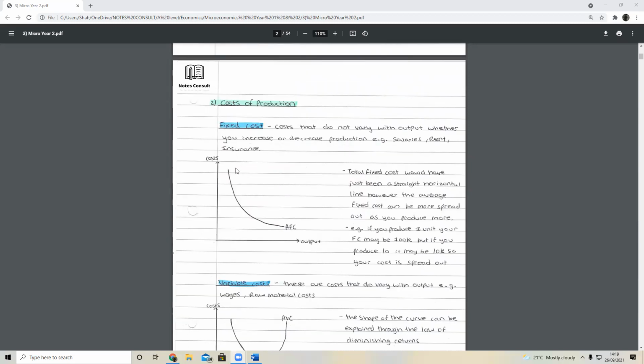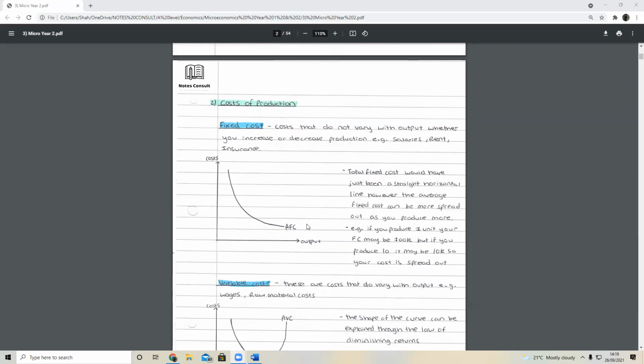So this is how an average fixed cost curve looks. Over time, as we produce more and more output, our total fixed cost is still the same when we produce more output. This is what we just said. But our average fixed cost can reduce. Why? Because to find the average fixed cost, we do the fixed cost over the output, isn't it? Of how much we produce. And so if our fixed cost is the same and our output's increasing, then our average fixed cost is going to start to lower and lower as we increase our output.